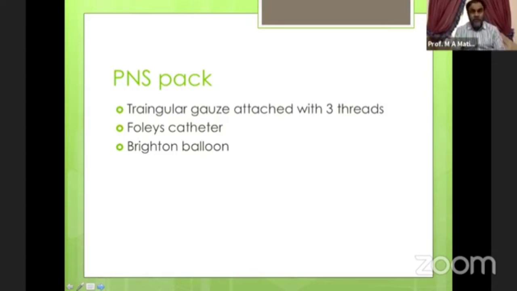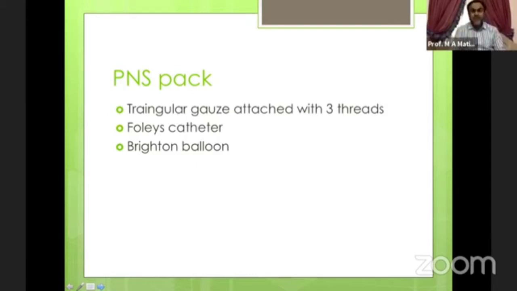In hospital, we have a triangular-shaped gauze piece with 3 threads. We put a nasal catheter from the nasal cavity to the oral cavity, bring it out, pass the thread through, take it out and tie it with the thread, and then pull this one and push the pack from the oral cavity towards the nasopharynx. This is very clumsy and very time consuming. Sometimes the patient cannot tolerate this one. The patient needs anesthesia. So to avoid this one,